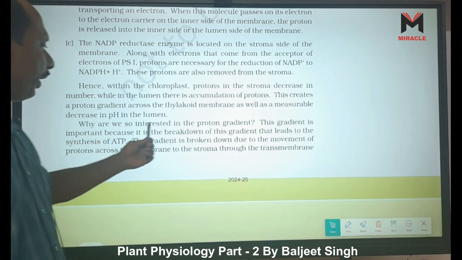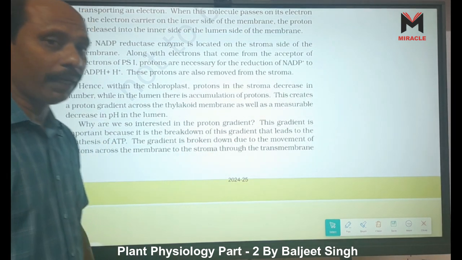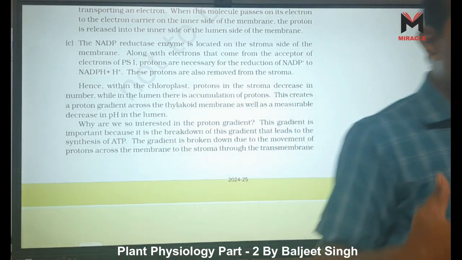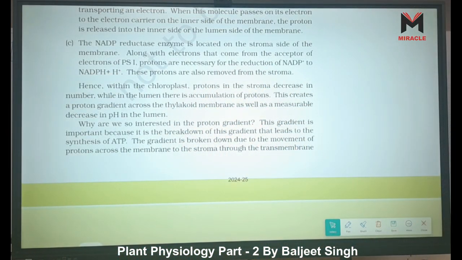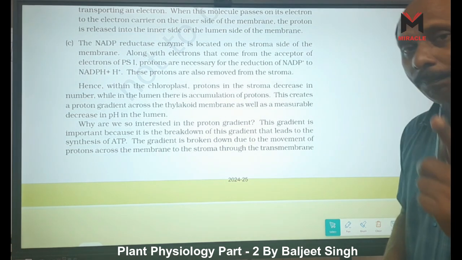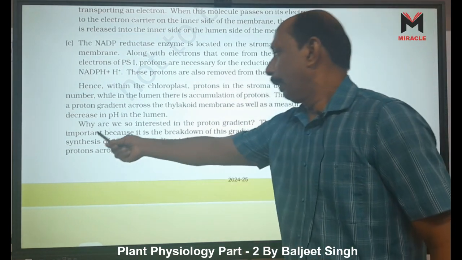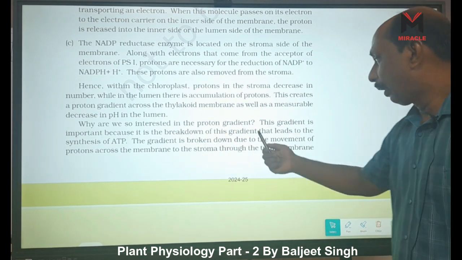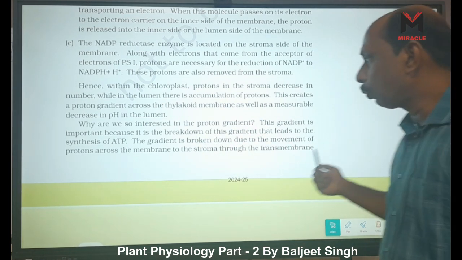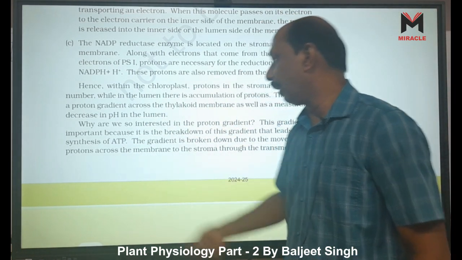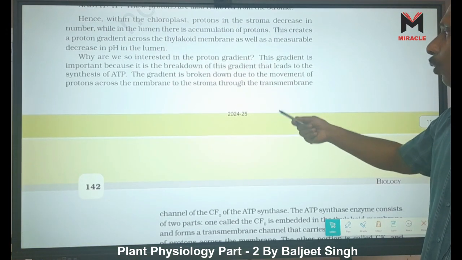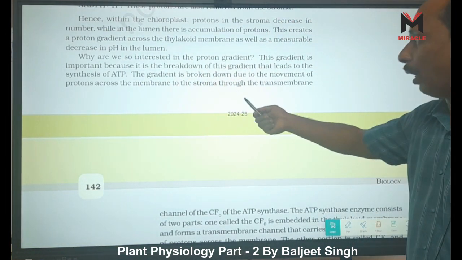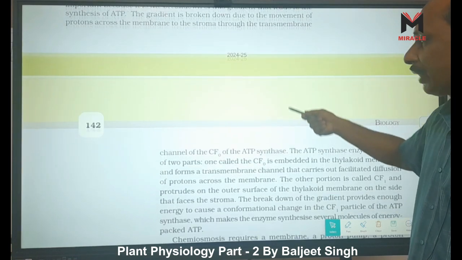Why are we so interested in the proton gradient? Because this proton gradient is responsible for the first product, that is ATP. It is important because it is the breakdown of this gradient that leads to the synthesis of ATP. The gradient is broken down due to the movement of protons across the membrane to the stroma through the transmembrane channel of